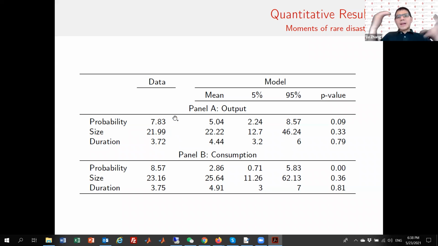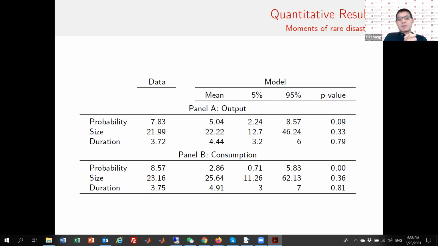The reason is that we adjusted for growth. So we just subtract from each period's consumption and output growth the average growth rates in the panel, because in the model there's no growth. Therefore, the disaster probabilities we estimated in the data are a bit higher than what Barro and Ursua